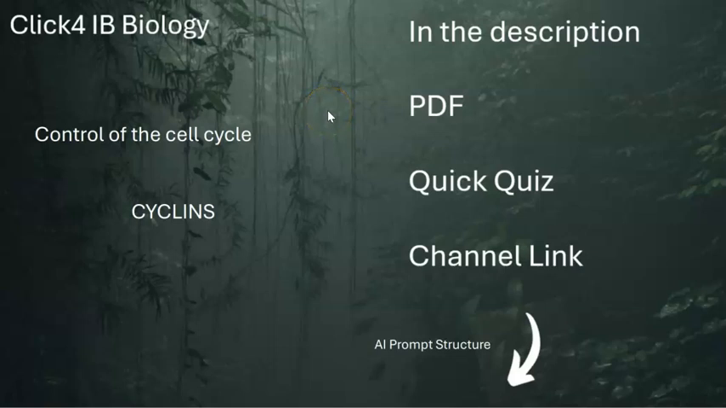Click for IB Biology. Now we're going to look at what is actually controlling the cell cycle, all these different phases of prophase and metaphase, anaphase, interphase, and so forth. And it turns out it's the existence of some molecules called cyclins, which create checkpoints, trigger points within the cell